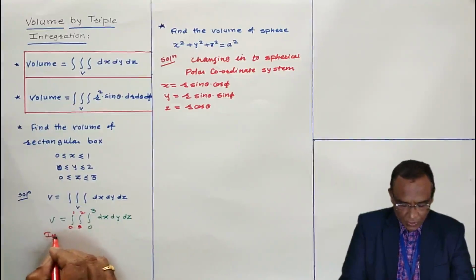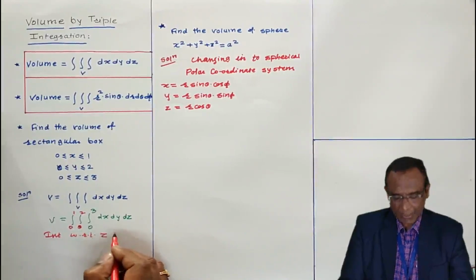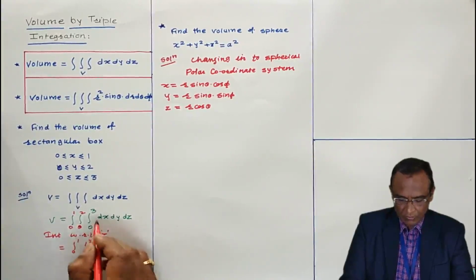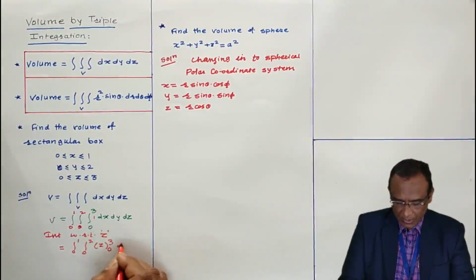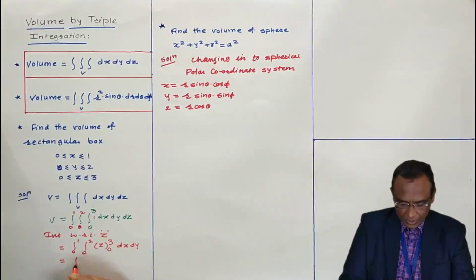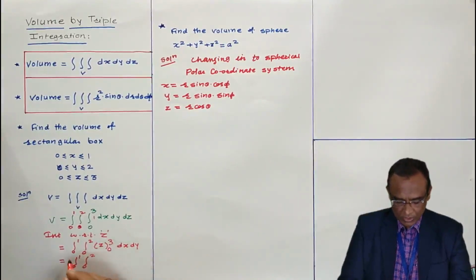Now it remains to evaluate integral, because these are the values of z. Therefore I am integrating with respect to z, keeping x and y constant. Then integral from 0 to 1, 0 to 2. Integration of 1 with respect to z is z. Put lower limit and upper limit. Once you integrate with respect to z, then dx and dy we have to write. Then 0 to 1, 0 to 2. Put z equal to 3, z equal to 0, means 3 minus 0 is 3. This 3 I am writing directly here.